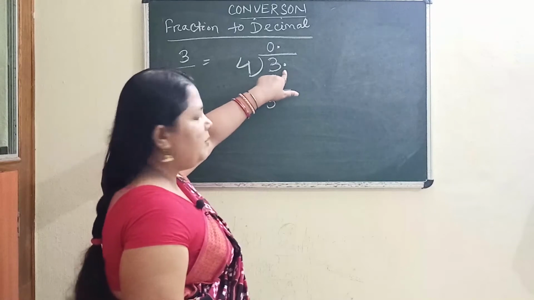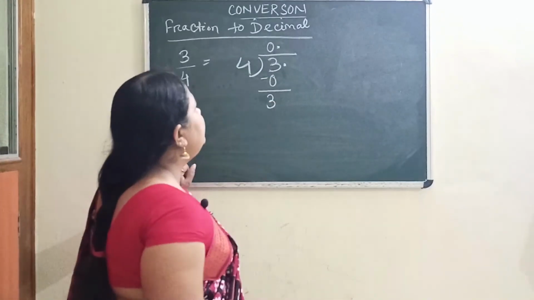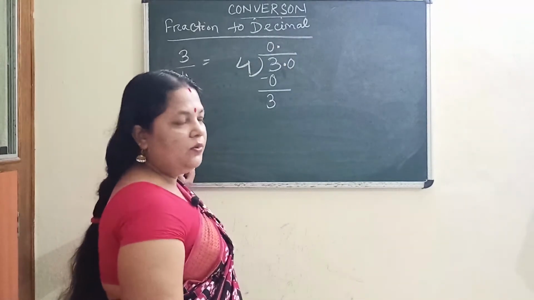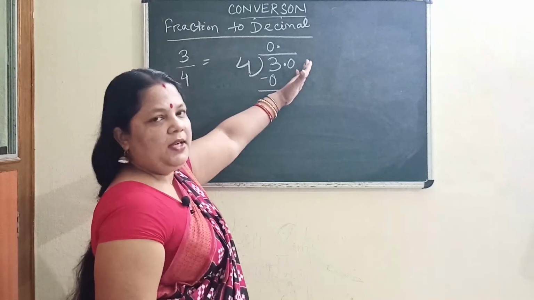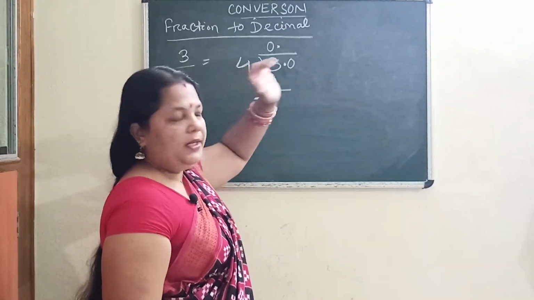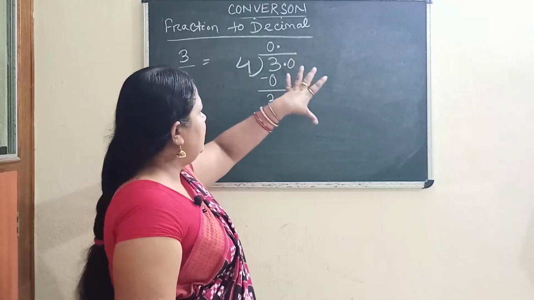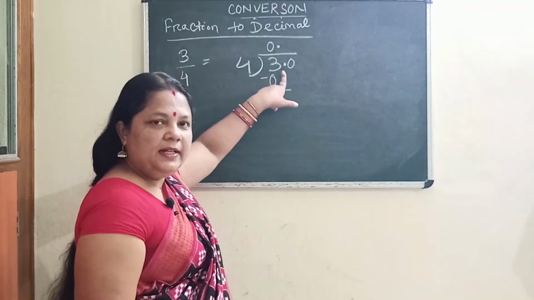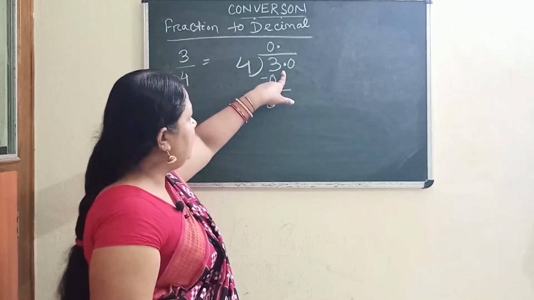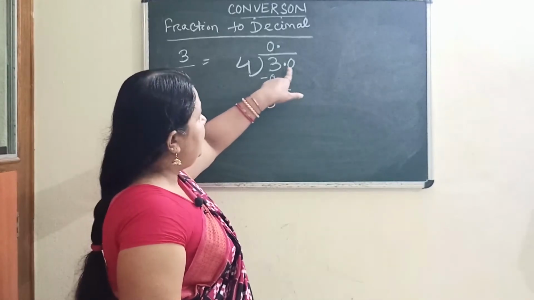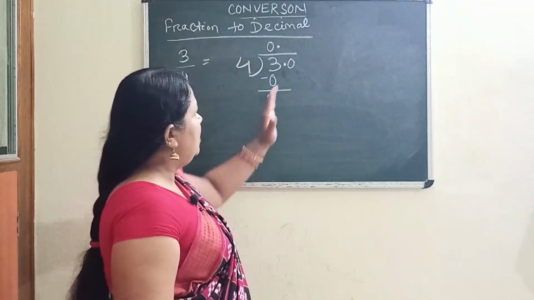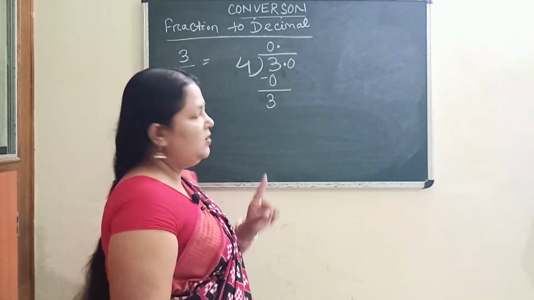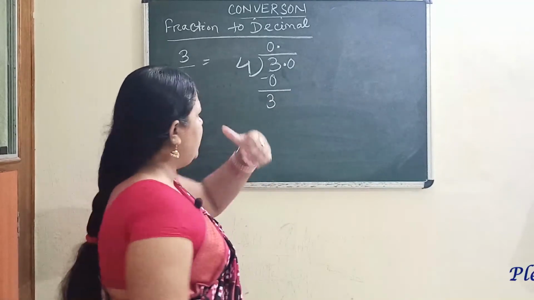Okay. So after putting the decimal point, one thing we have to remember is that we can add any number of zeros in the fractional part as per our requirement. How many zeros we require, that number of zeros we can add if you are putting a decimal point in the dividend. Okay, because the rule is that after the decimal point, or on the right side of the number, if you are adding zeros, then the value will never change. So we can add zeros as our requirement.